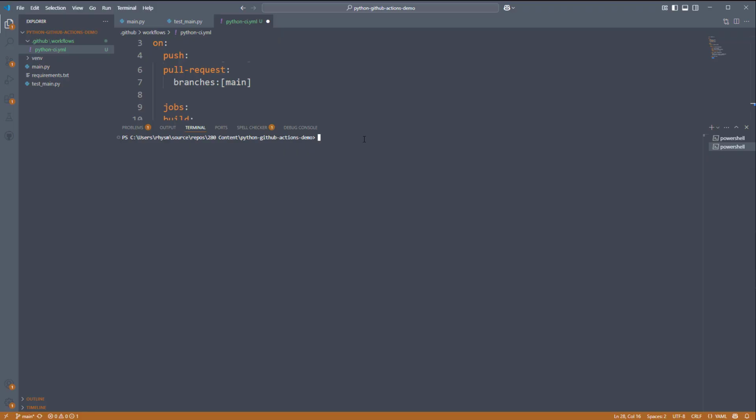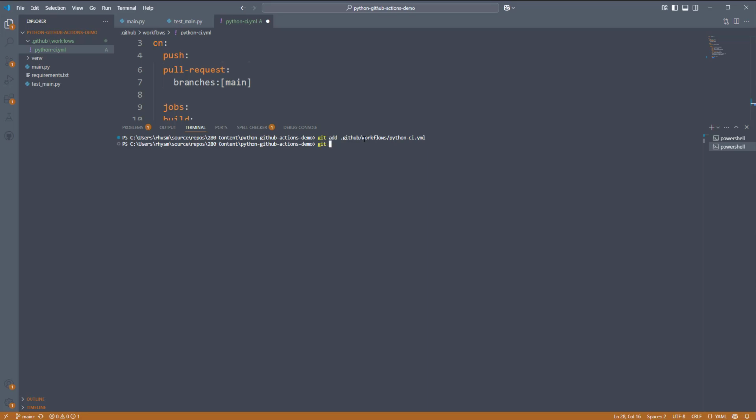Now, there is a built-in extension for VS Code and a couple other IDEs, depending on what you're doing, for GitHub Actions. In fact, I didn't have mine installed on this version of code, so it's prompting me to install it. That will help you with some syntax and, almost like IntelliSense support for writing out your YAML file. So I want to git add the .github workflows python-ci.yml file, and